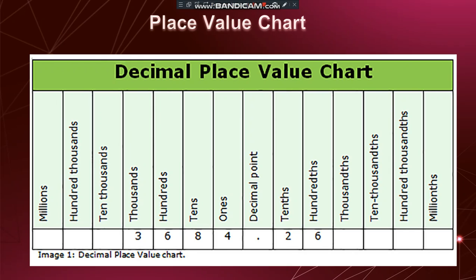So next is looking into the place value chart. You all know the place value, right? The Indian place value chart, Indian system and international system, you all know. Similarly, decimals also have a place value chart. Everyone knows this chart, right? Ones, tens, hundreds, thousands, ten thousands, hundred thousands, millions. Now forget about the hundred thousands and millions. Generally in decimals in grade 5 we learn only till thousands, right?